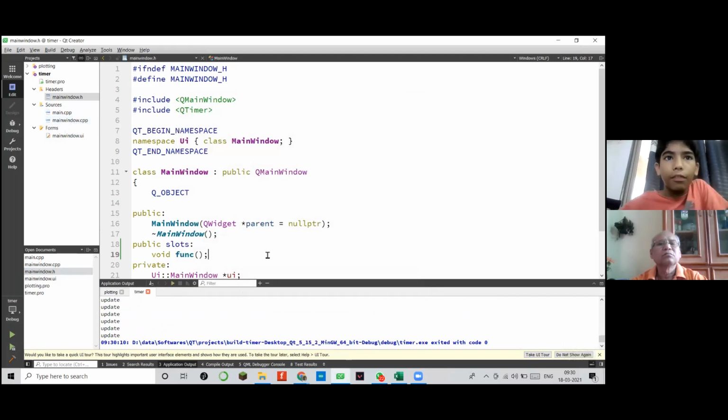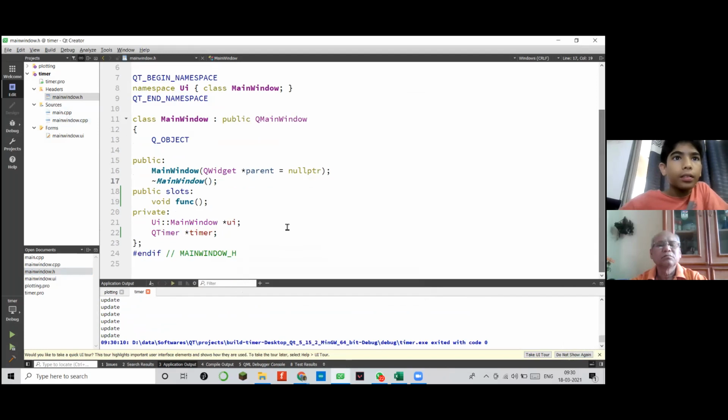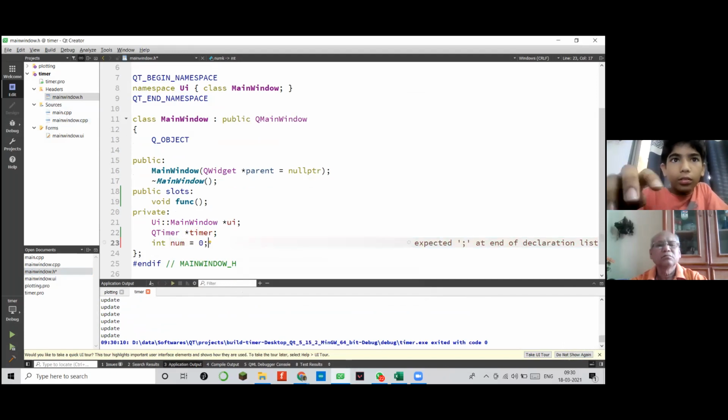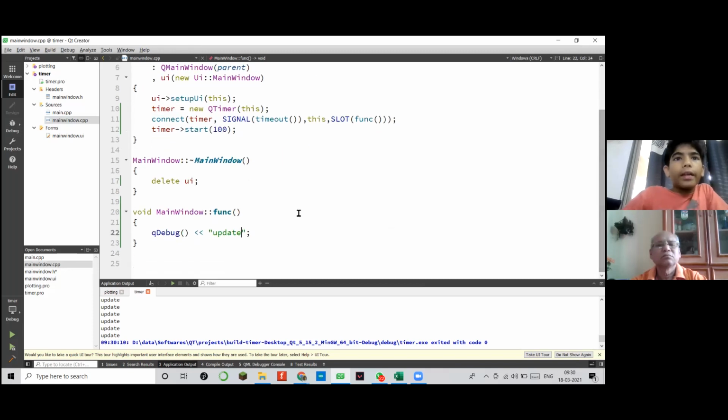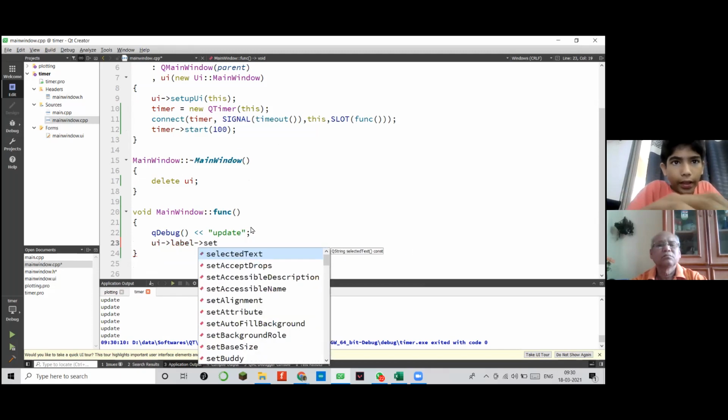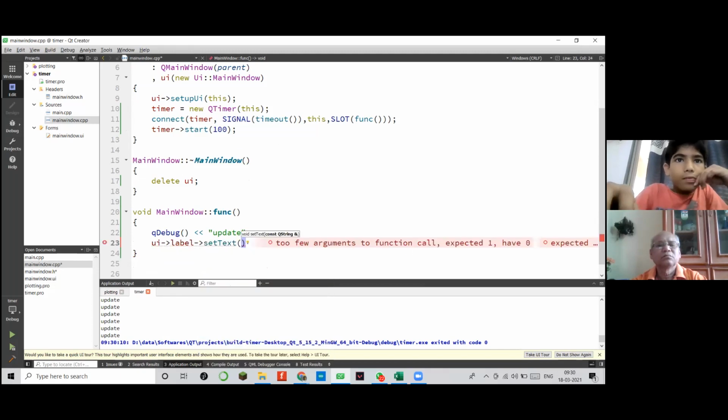I'll just define a variable here then. Private int num equal to 0, and maybe now I'll go here and do this: ui label set text num.